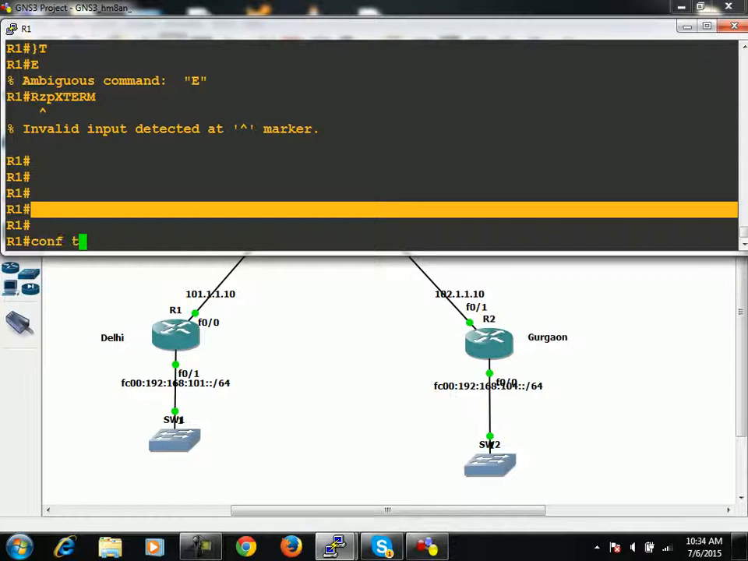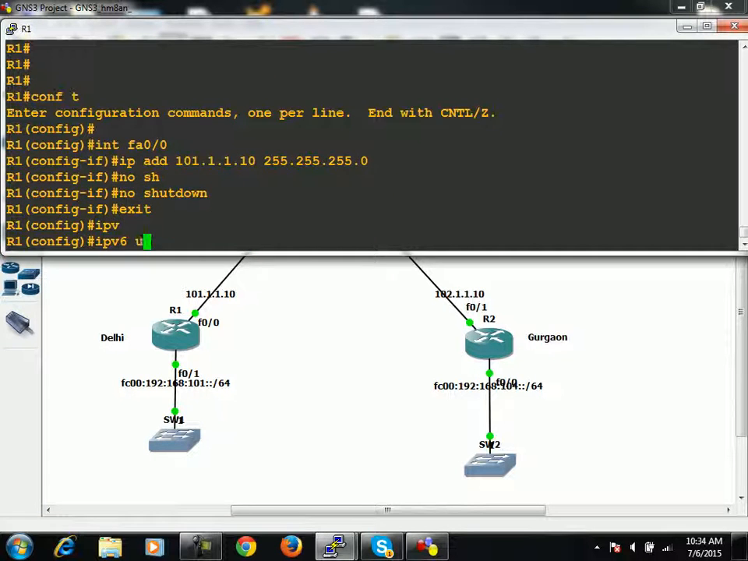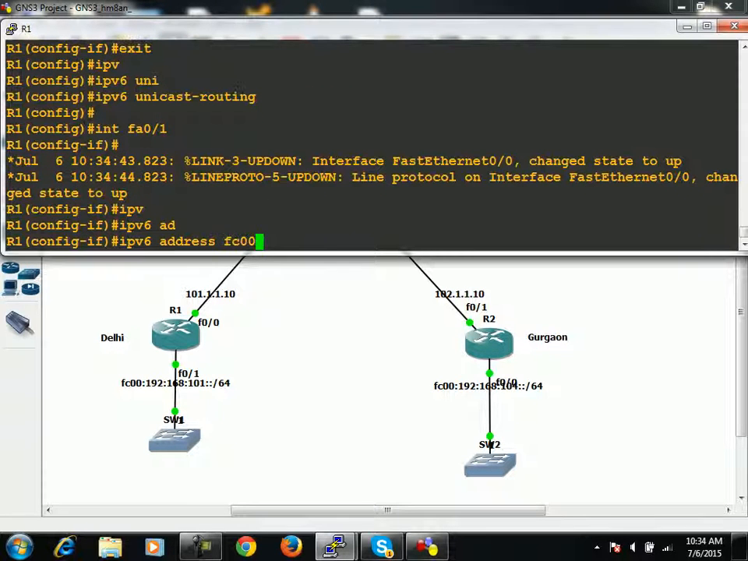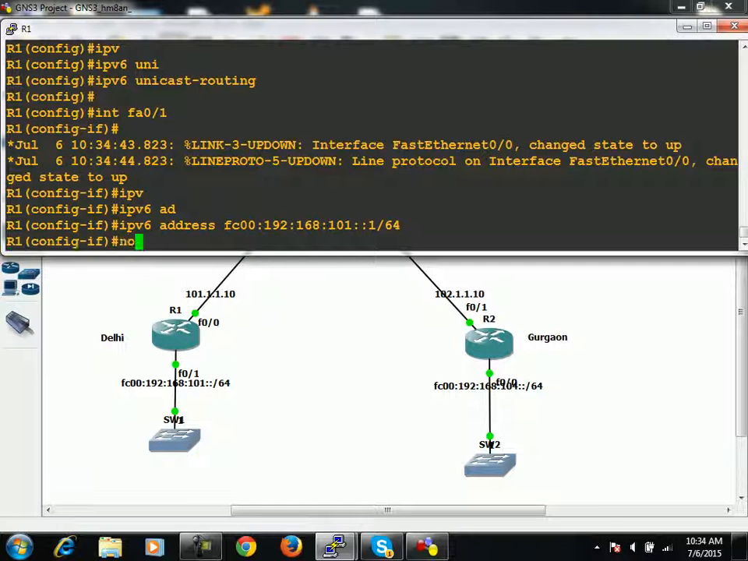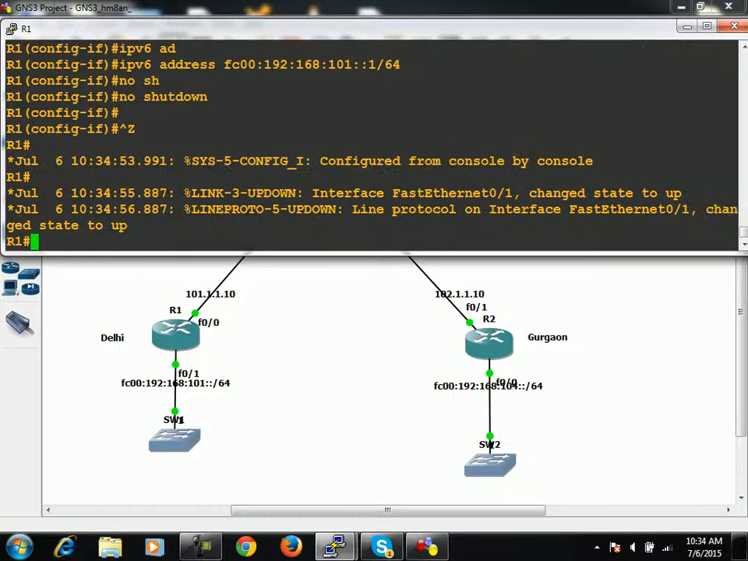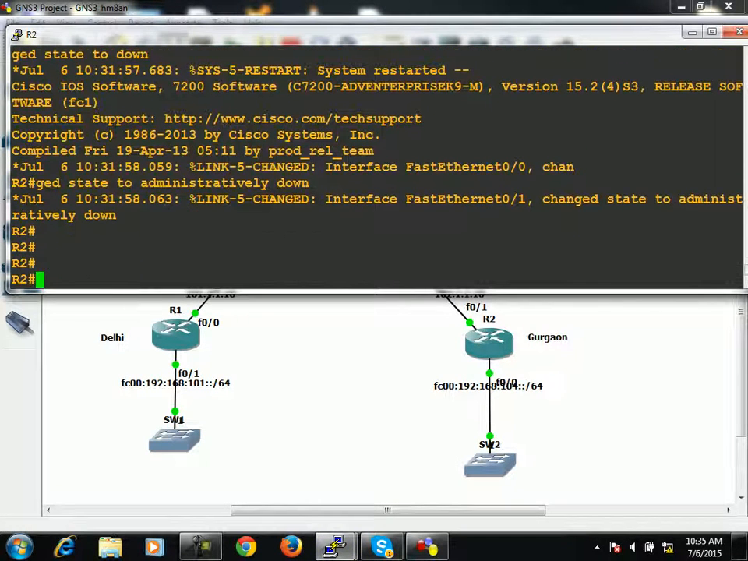So now let's configure this R1 first of all, as per this diagram. FA0/0 IP address is going to be 101.1.10, and then enable IPv6 unicast routing, FA0/1 IPv6 address FC00:192:168:101::1/64. Any problem? So in the lane of R1, in the lane of Delhi router, we are using IPv6 addressing, and then let's move on to R2, and on R2 as well,